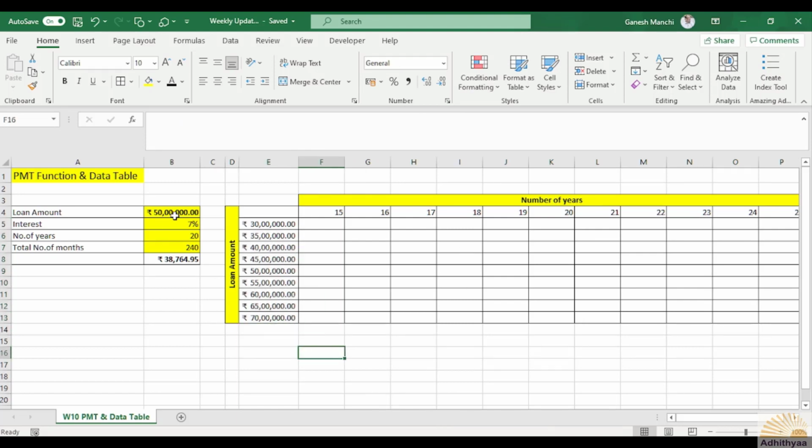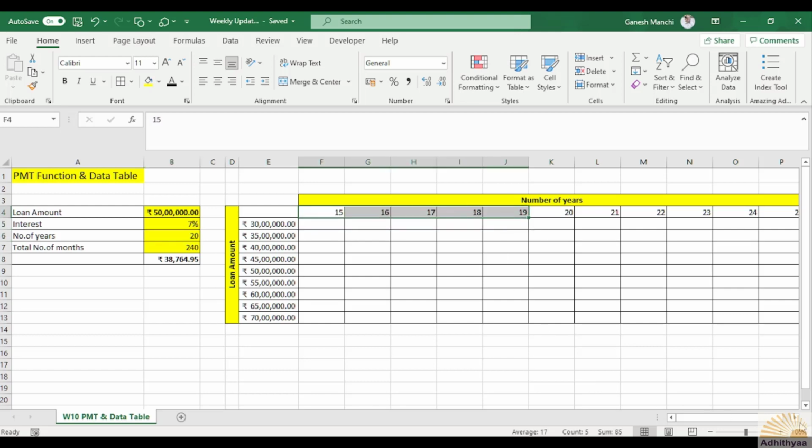If the individual is not able to get 50 lakh rupees but is getting less than that, you can look into these values. And if he is getting more than that, you can look into these. At the same time, if he is able to repay within 20 years or less, you can see here.